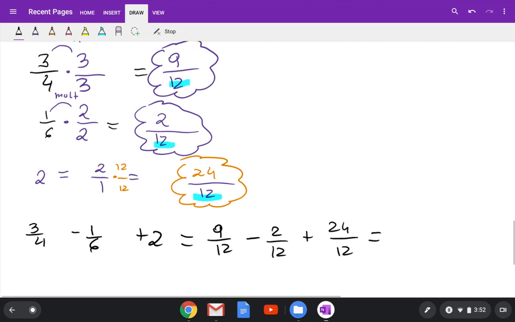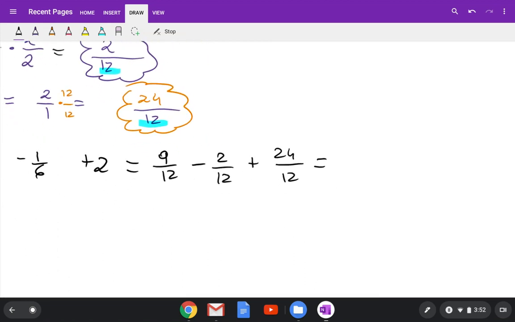So we have common denominator, so we can simplify this. You copy denominator once, and you're just working with numerators. So you follow the operations. 9 minus 2 plus 24, and that will give us